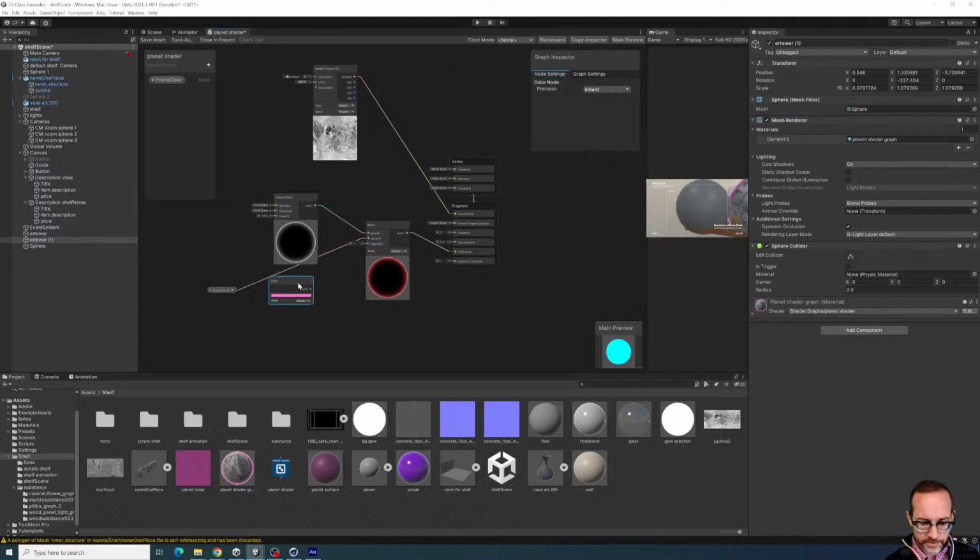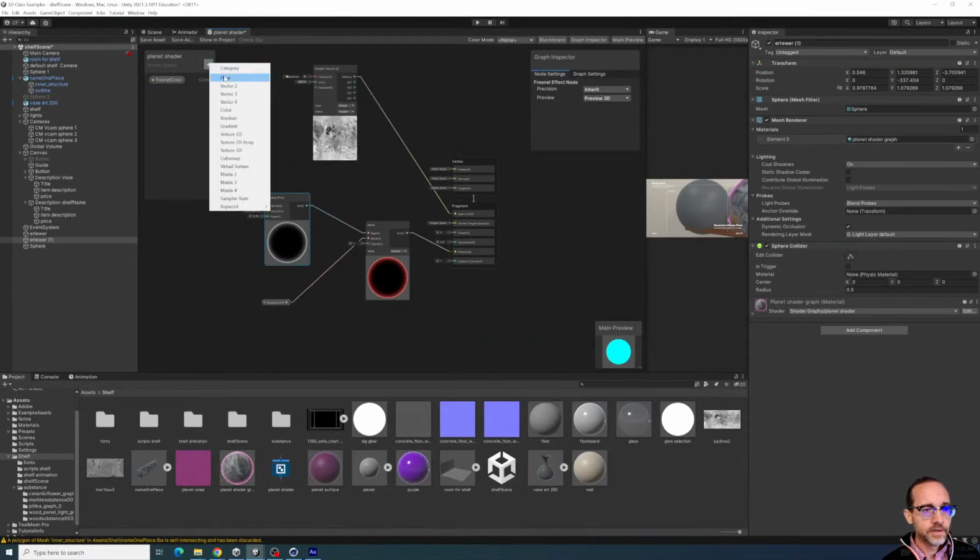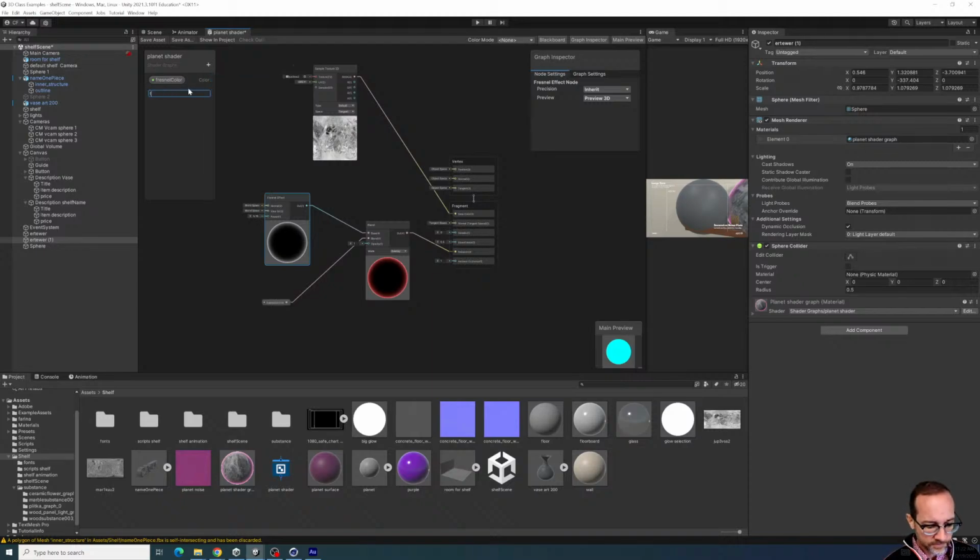Let's get rid of the color. And that'll give us an input that we can adjust in the interface without having to come back in here all the time. We also may want to adjust the Fresnel power. And so we can hit plus, and that is just one number. That's just a float, and that's Fresnel power. And our default maybe should be whatever it is now, 5, and drag that in and hook that up to